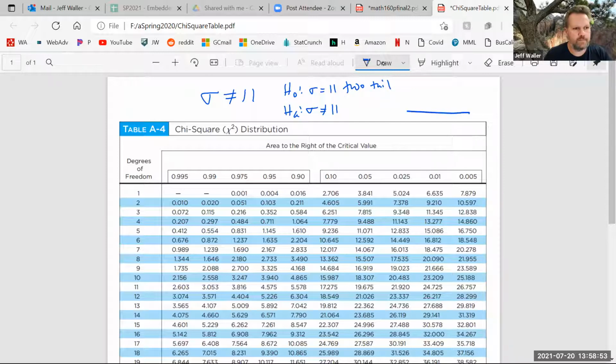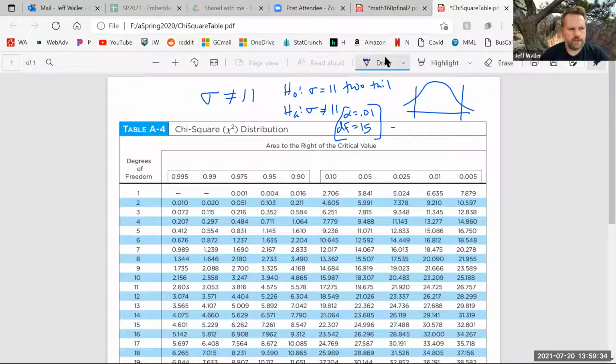So let me ask you this. It's two-tail, right? So let's say that our degrees of freedom are 15. Don't freak out, this would all be in the problem. They'd have to tell us the sample size and all that kind of business. Degrees of freedom, let's say, is 15, and alpha is 0.01.